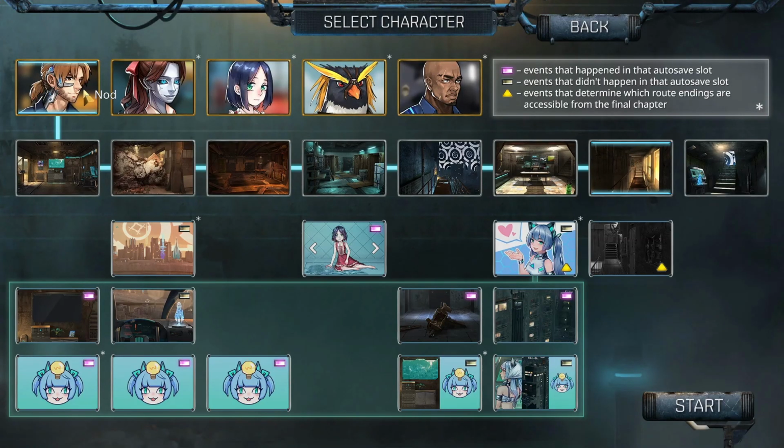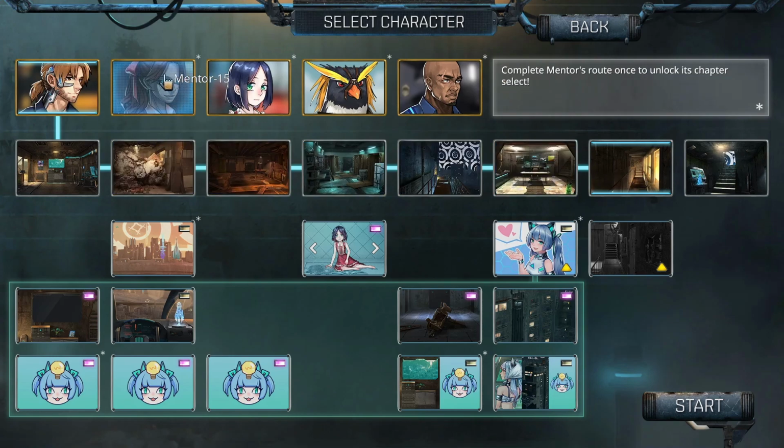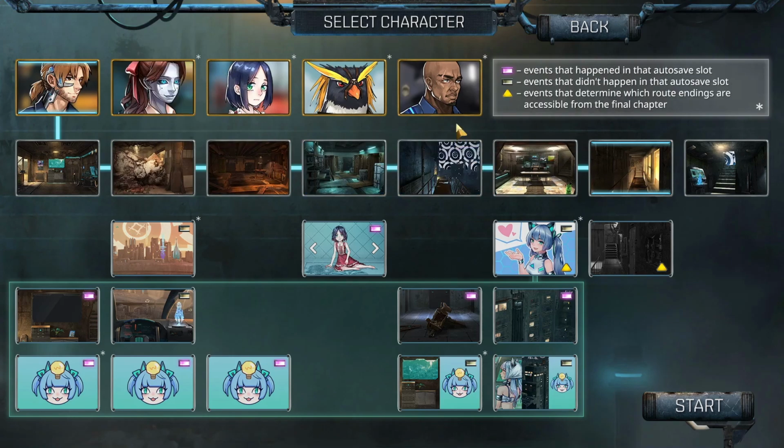So yeah, I had to do a huge playthrough again, and they redid the system again. So now, you had to do one playthrough, then you had to do everything else all over again, and then you had to unlock Mentor 15. Like you had to go to the conjurer's room and then